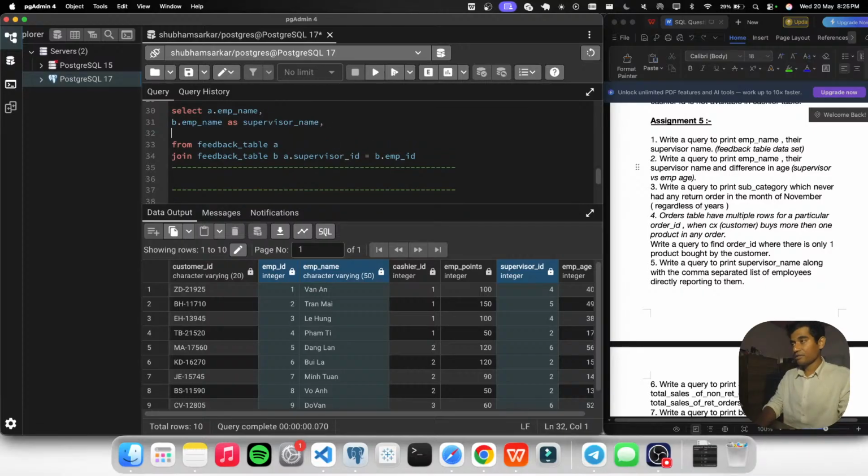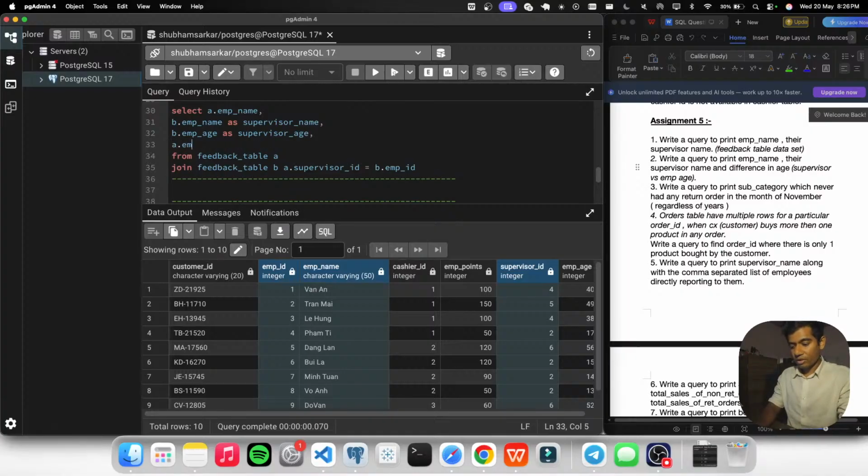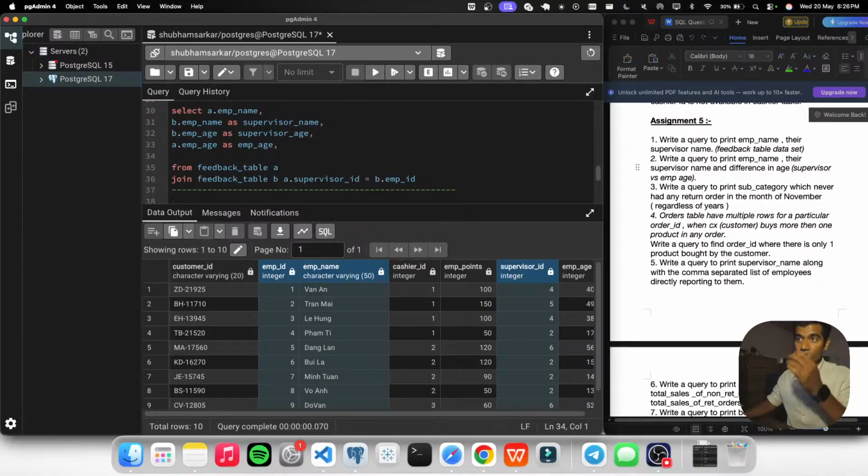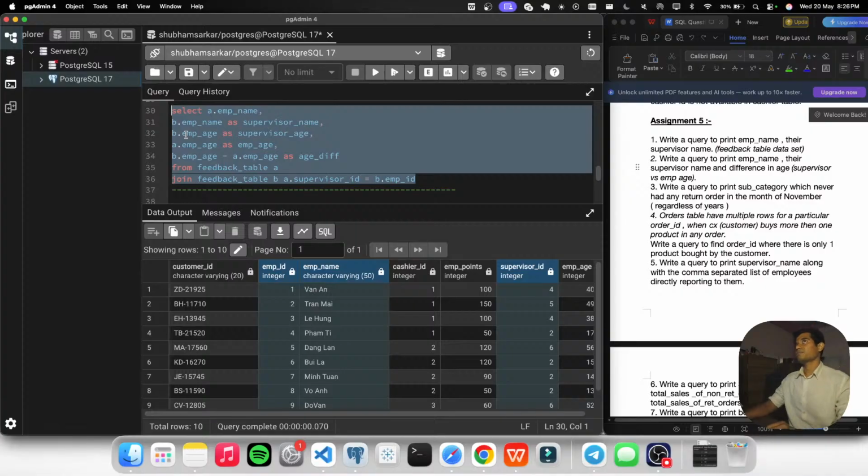इसके बाद हमें क्या चाहिए, एज। तो एज किस तरीके से निकालने बोला है, जो डिफरेंस ऑफ द एज रहेगा, वो क्या रहेगा, सुपरवाइज़र वर्सेस एम्प्लॉय, तो सुपरवाइज़र एज माइनस एम्प्लॉय एज। तो पहले हम लोग लेंगे सुपरवाइज़र एज को, एज का नाम क्या है, एम्प्लॉय एज। सुपरवाइज़र एज, फिर हम लोग क्या लेंगे, एम्प्लॉय एज को एज एम्प्लॉय एज, ठीक है। अब दोनों को माइनस करेंगे हम लोग, बी डॉट एम्प्लॉय एज माइनस ए डॉट एम्प्लॉय एज, राइट। क्या लिखेंगे, एलियास एज डिफरेंस, ठीक।